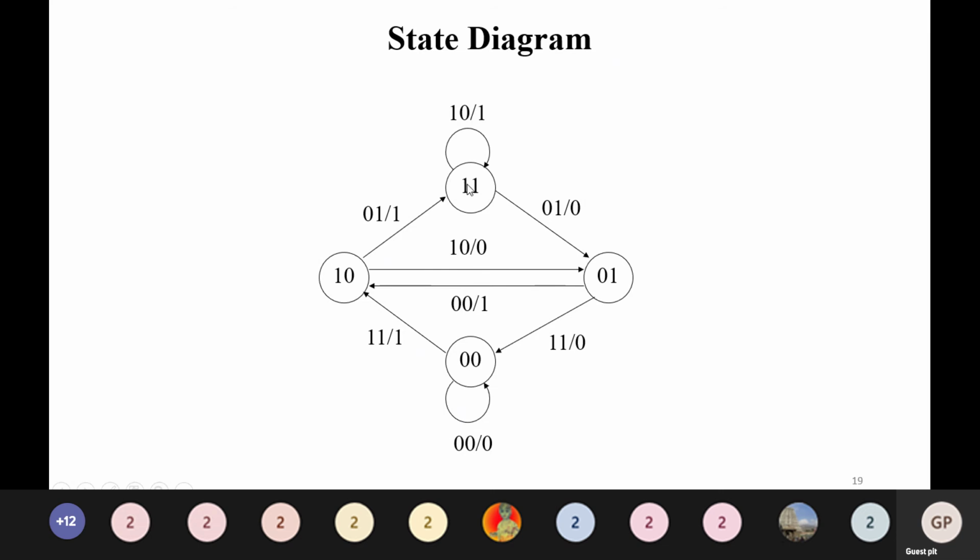So this is actually the initial state. If 0 is the input, the output is 0 0, so it stays in the A state itself. If 1 comes in the A state, it goes to the next state, 1 0. Then if you have 0 1, and 0 comes in this particular state, and then binary 1 comes, it is 0 0. Likewise, you can have this for 1 0 and 1 1 also.